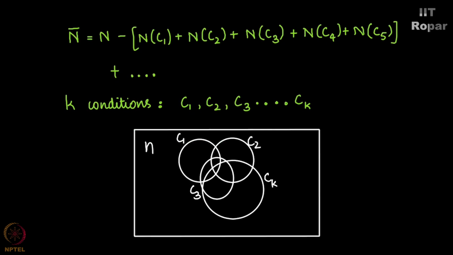And look at this big rectangle. The total number of elements inside this rectangle is n in number, and what we need to count is the total possible entities that are outside all these k number of Ci's, C1, C2 up to Ck. Okay, so generalizing what we discussed a while before, the formula goes something like this.